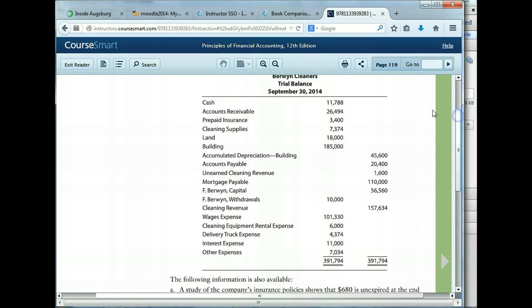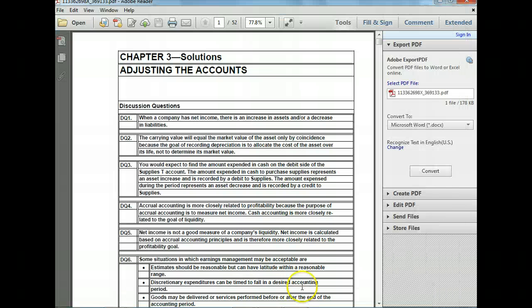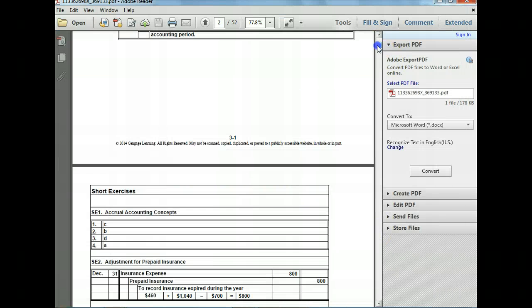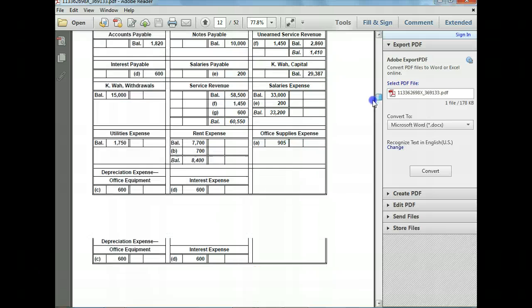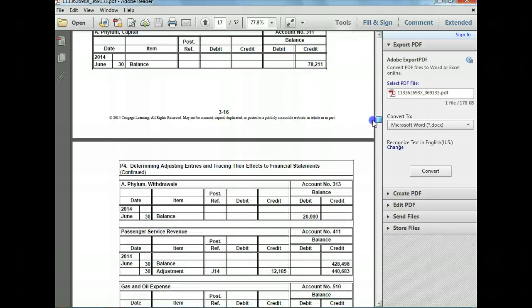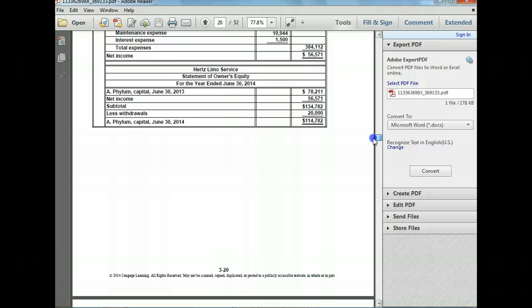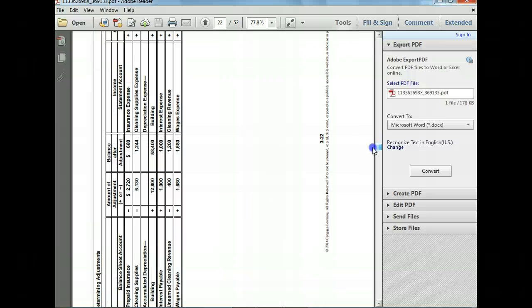If we look at what the trial balance shows, it's $3,400, when in fact we really want this number to be $680. So the difference, the $3,400 minus the $680, will need to be treated as an insurance expense on the financial statements. So as we go here to problem 5, what we'll do is